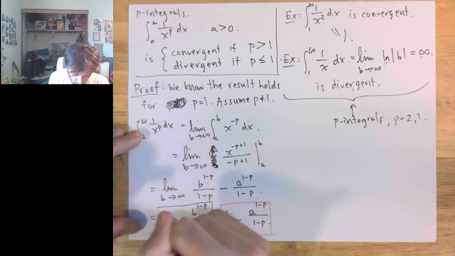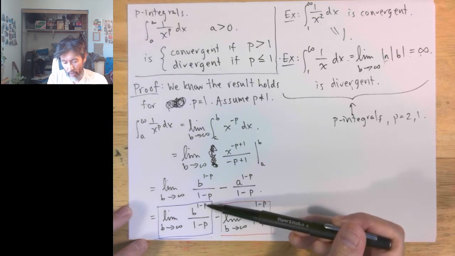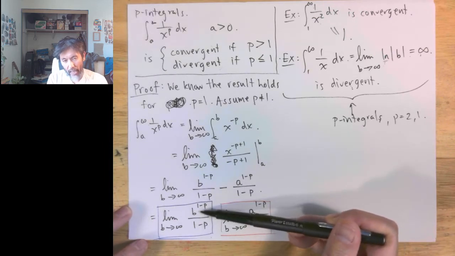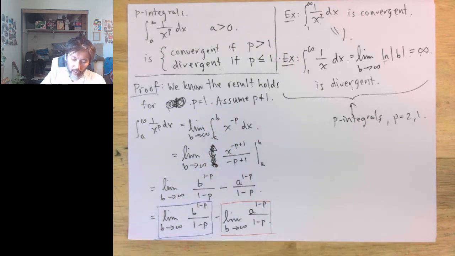What we have, remember, P is just some number. It's not like it's dependent on B or anything. P is just some number, and it's the exponent for this B. Okay? So if we think about it,